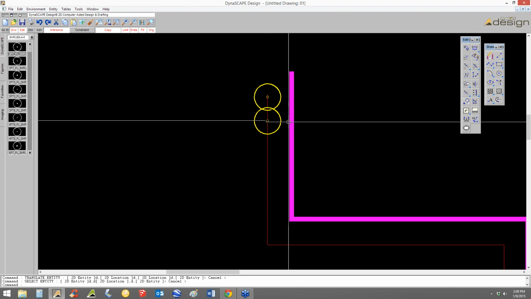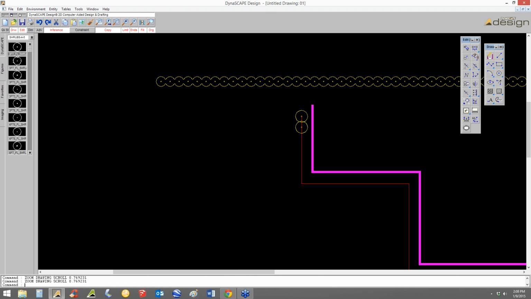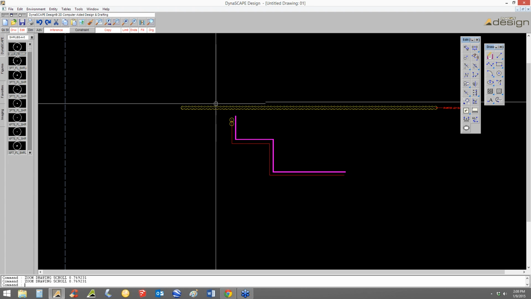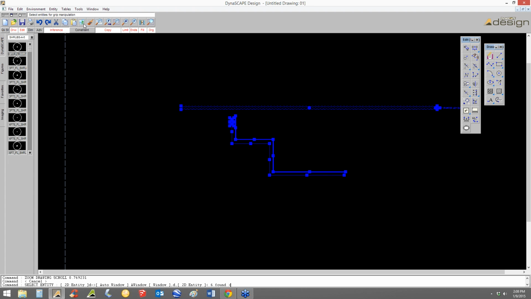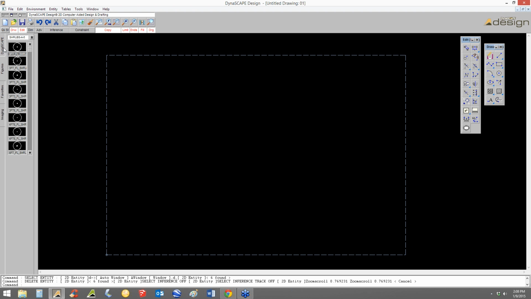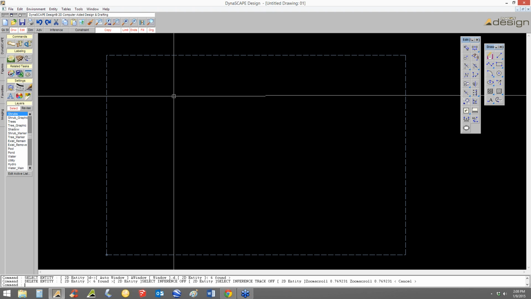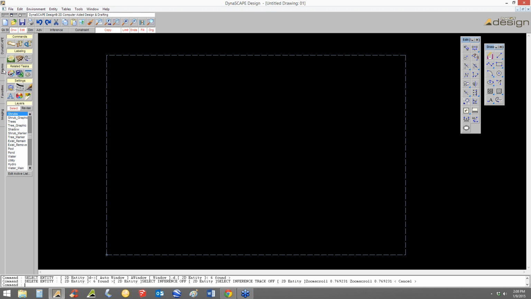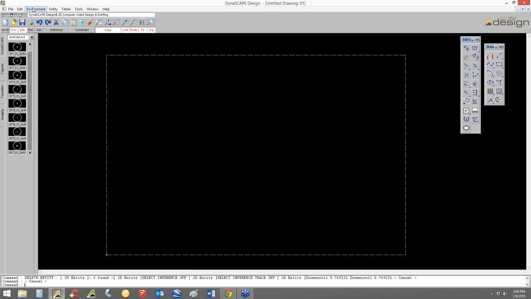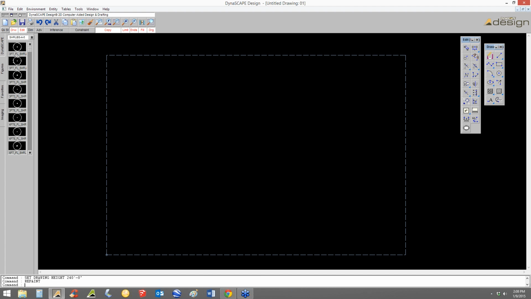So that's a review on the offset figures along a line. The next thing is resizing prototype text. This is something that I just learned a couple months ago because it was brought up in a previous webinar, and I never had the need to do it, but it's a really cool thing to be able to do. So if we have a drawing that's, let's change this to 24